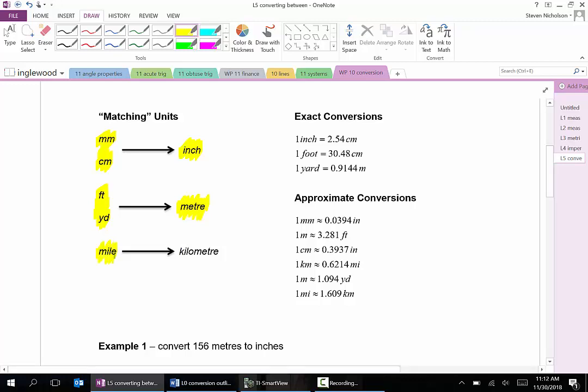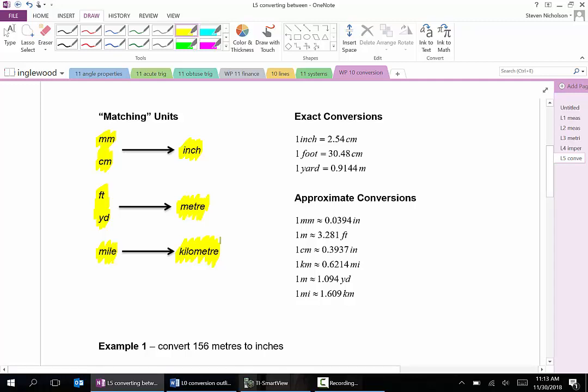And finally, a mile is the biggest unit we worry about in imperial, and a kilometer is the biggest unit we worry about in the metric system. So we need to understand what units are big in each system, what units are small, and what kind of matches. And then on the right hand side in the notes, you see these exact conversions and approximate conversions,